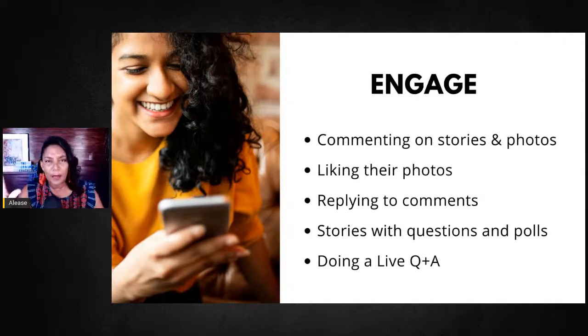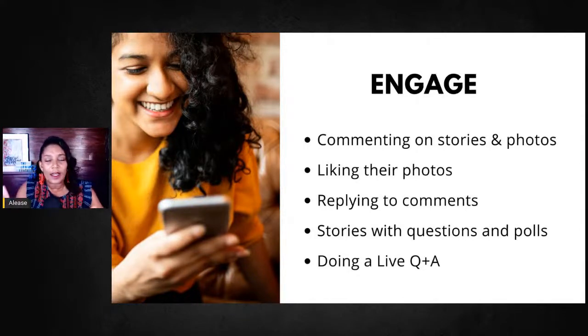I'm talking about Facebook and Instagram. Comment on those, like them. If they have posts, engage with those posts on those pages, okay? Like their photos. That's probably the simplest thing to do. And if you want to stand out a little bit more, don't just choose the thumbs up, do the